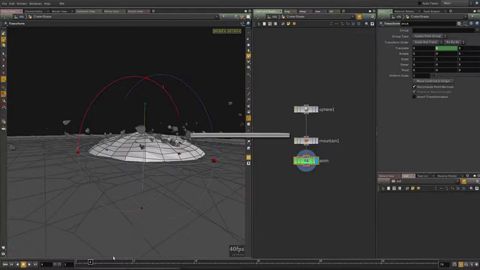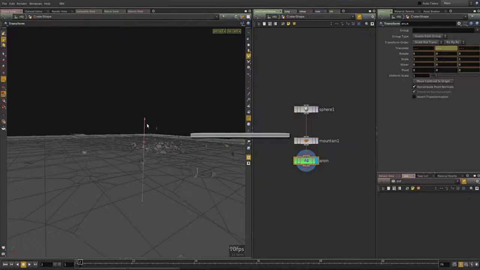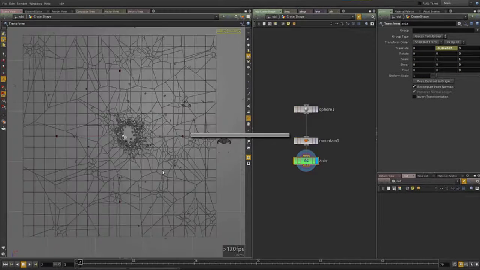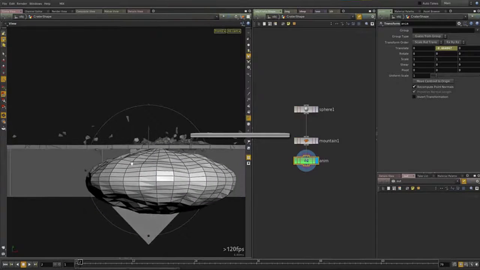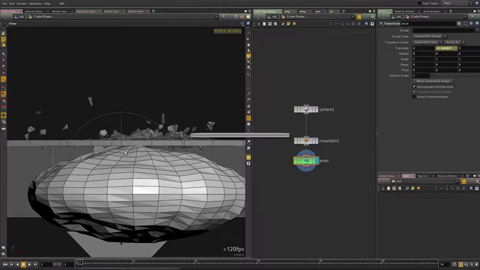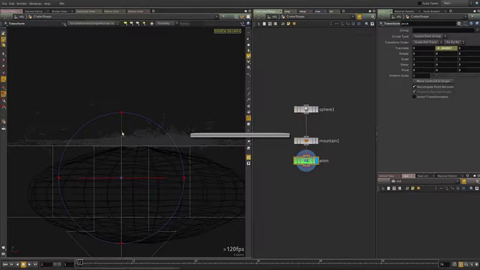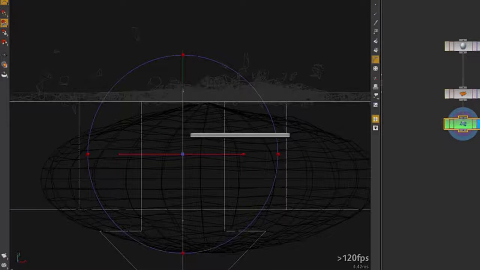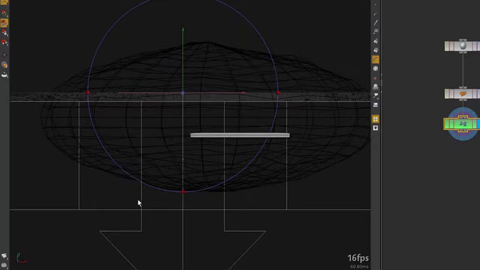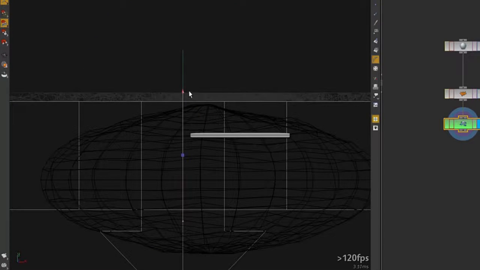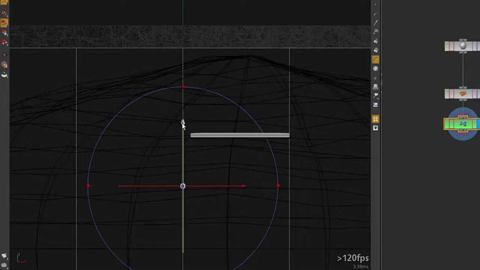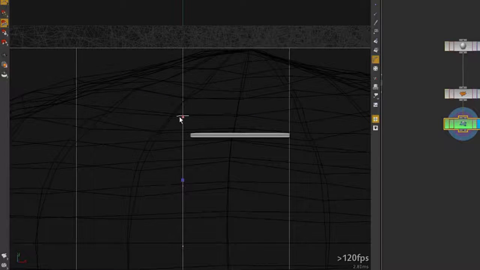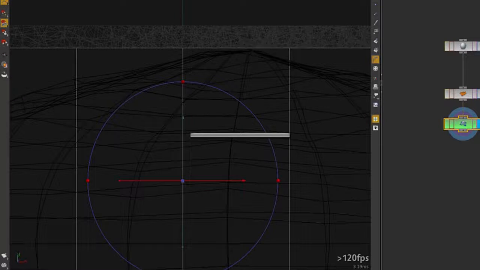So I'm gonna add a keyframe at 4 and at 2. I'm gonna pull it down to where it's not colliding with the object at all. I needed to pull it a little bit more. So let's go down at frame 1. Let's do this at frame 1. There, it's just under the